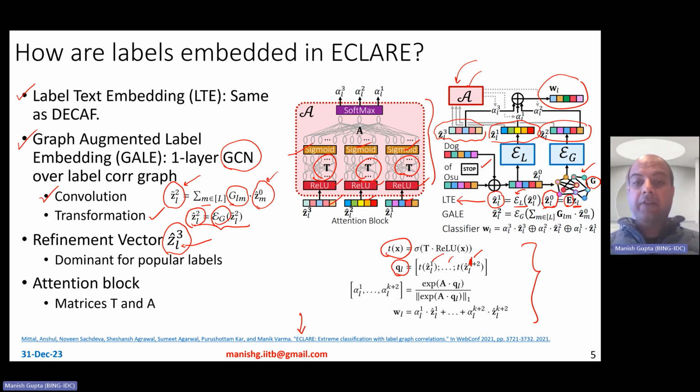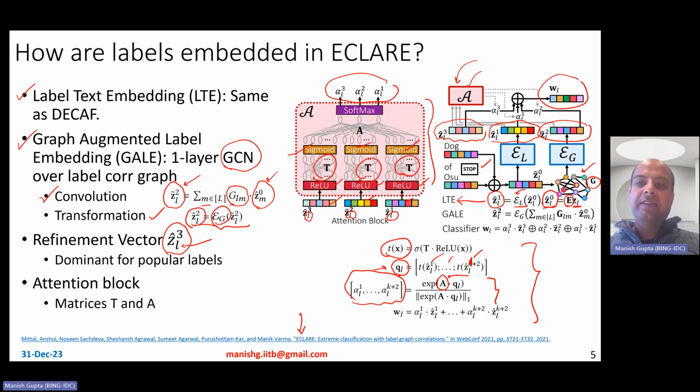Once you get those, you call it QL, the query vector for the label L. Of course, you get it for every label. Remember, each of those ZL1, ZL2, ZL3 are subscripted with L, which means they're specific to a particular L. Then you compute the attention weights by multiplying with a randomly initialized weight matrix A. The attention variable is learned over iterations. You multiply A by Q, and then you compute the attention weights, so you get attention weights alpha L1, alpha L2, and alpha L3 as shown there.